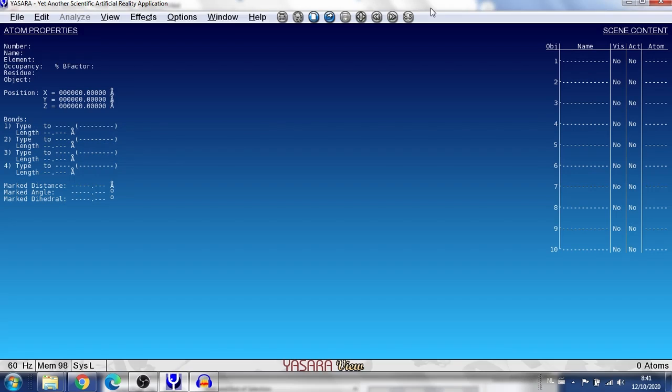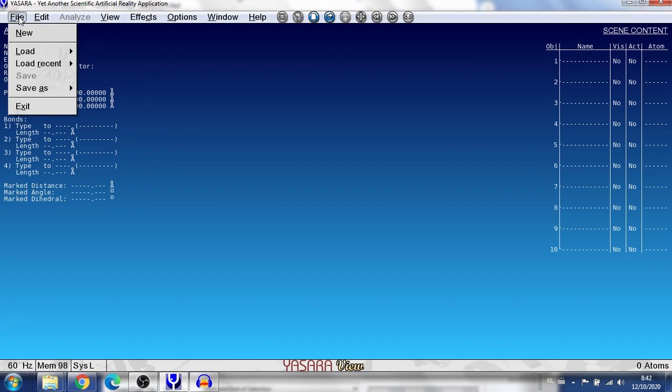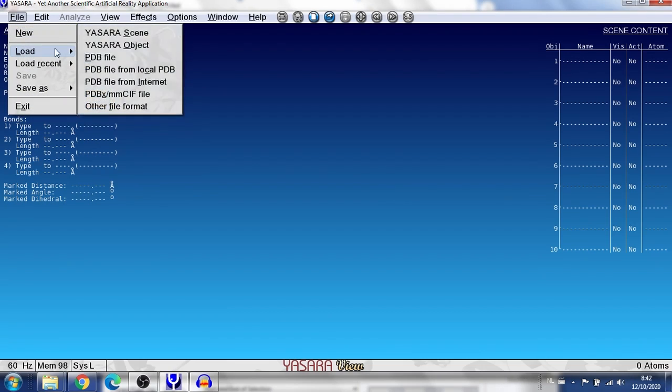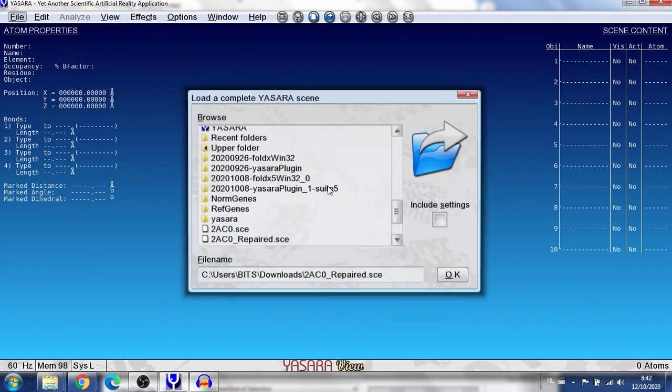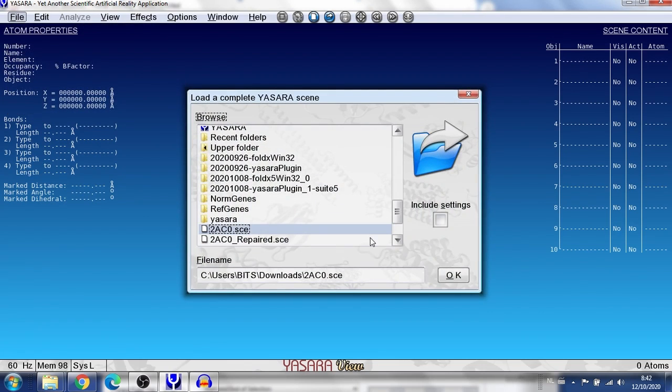So p53 in our example is a structure from the internet, which we have prepared a little bit upfront because the crystal structure has been solved as a tetrameric complex, and we will only look into one of the monomers, in fact. So this means that I don't load it from the internet, but I load it from Yasara. So it's 2ACO,